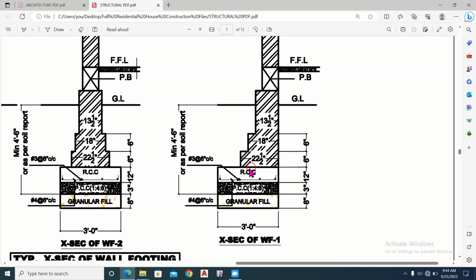Above this RCC footing, we have to provide this brick masonry in steps. At this level it has a width of 22.5 inches and thickness of 6 inches. In this step you have to provide the brick masonry with a width of 18 inches and thickness of 6 inches,